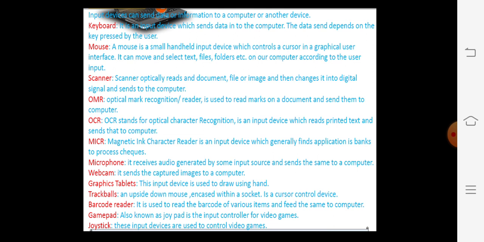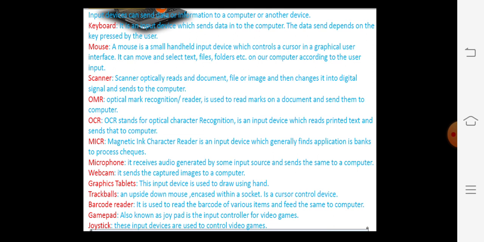Then OMR, optical mark recognition or reader, is used to read marks on a document and send them to the computer. As you all appeared for board exams, you may have encircled the roll number and your name on the front sheet of your answer script.